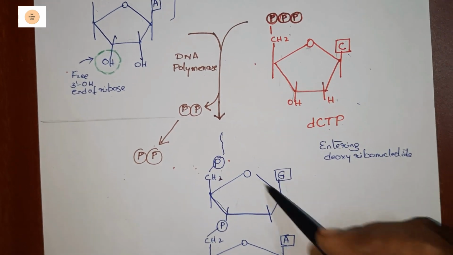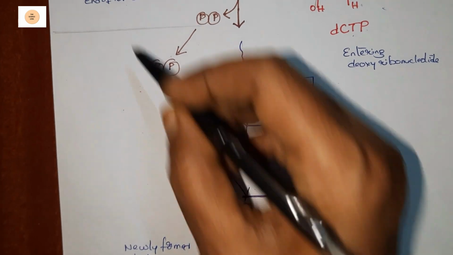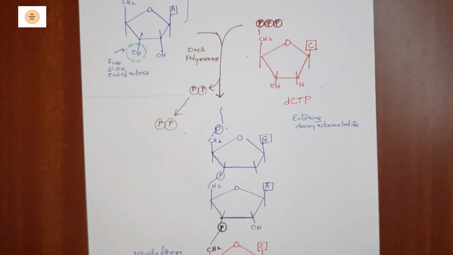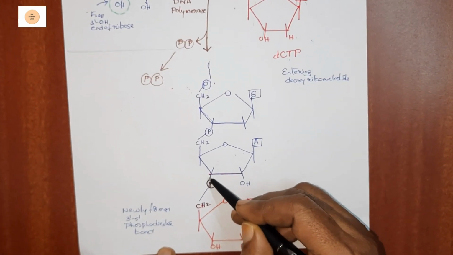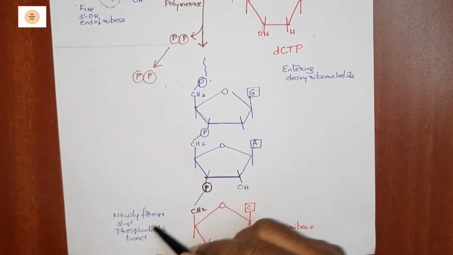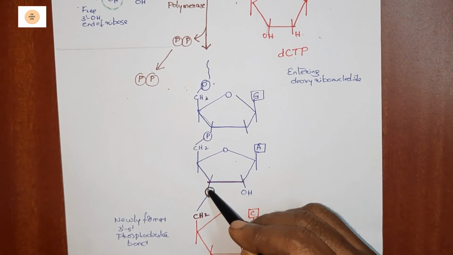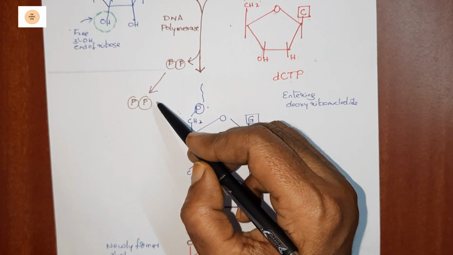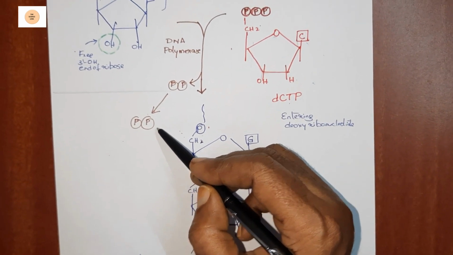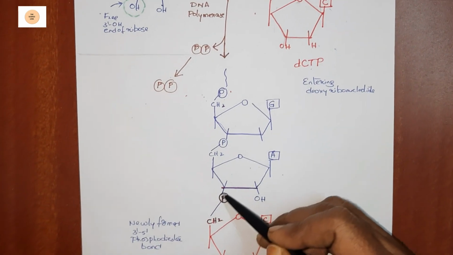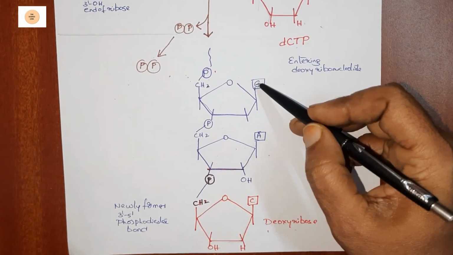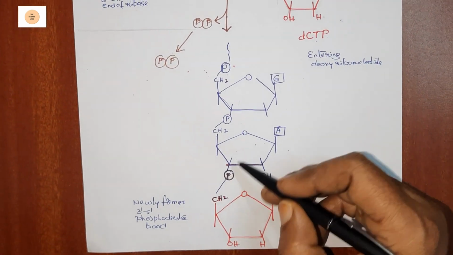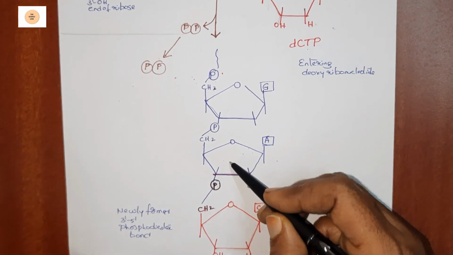Now to this RNA primer, at that 3' hydroxy end, one of the phosphates along with the whole structure is attached here, and the bond formed here is called the 3' 5' phosphodiester bond. The remaining two phosphates are released. The energy released along with those phosphates is utilized for the formation of the phosphodiester bond. Thus to the RNA primer, all the dNTPs will attach one by one. So how the first dNTP is attached to the RNA primer is shown here.